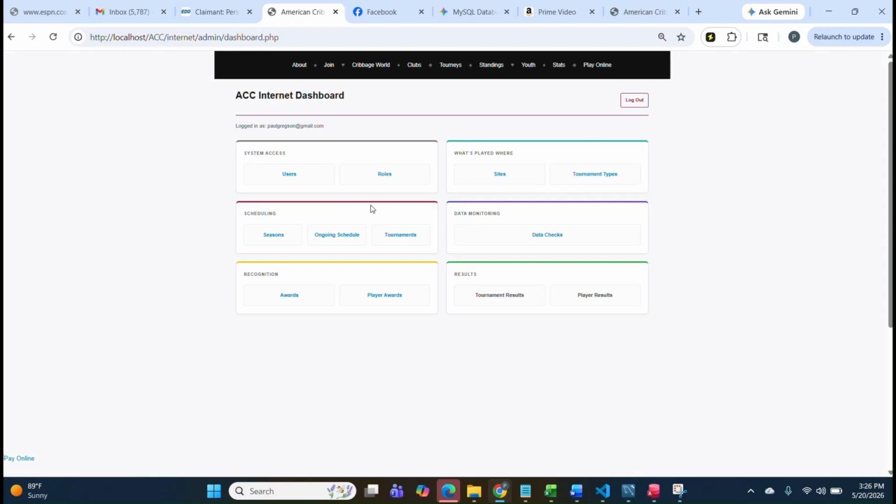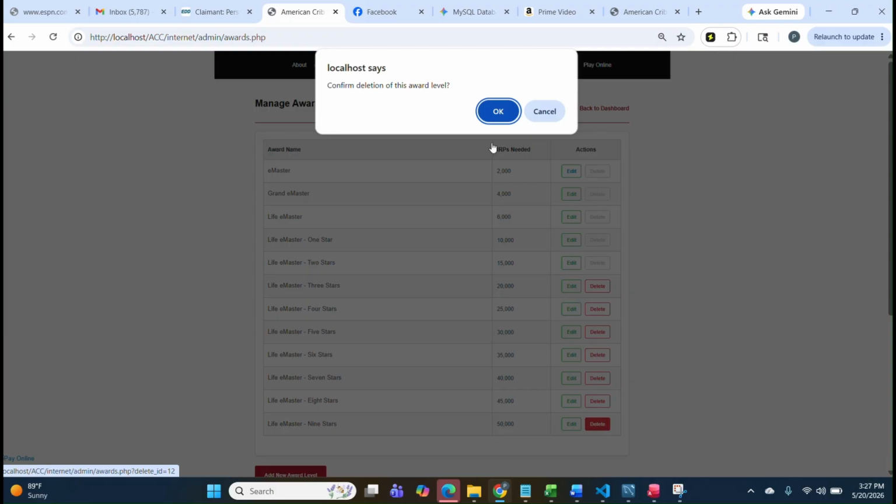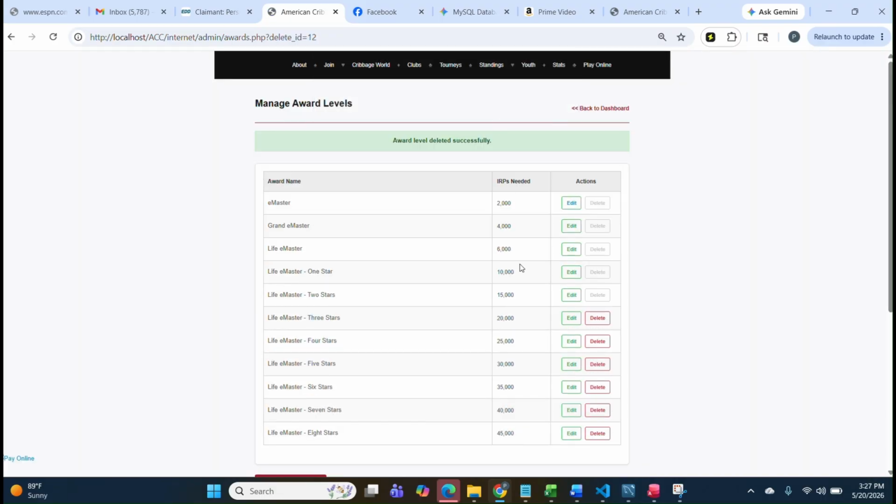All right, next, we can go in any order, but next I have the awards section. This is just the list of awards that I have in the system. If somebody has been given an award, you can't delete that award because that would mess things up. Nobody's reached these levels yet, so if we don't want to have this many award levels, let's say we don't need a 9-star because we don't think anybody will ever get to 50,000 points, then we can just delete that award level